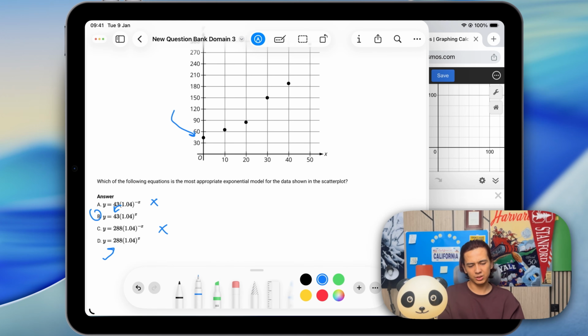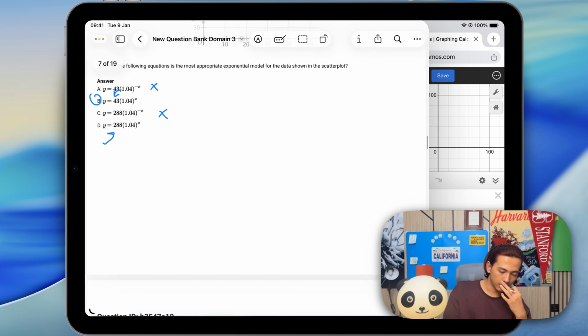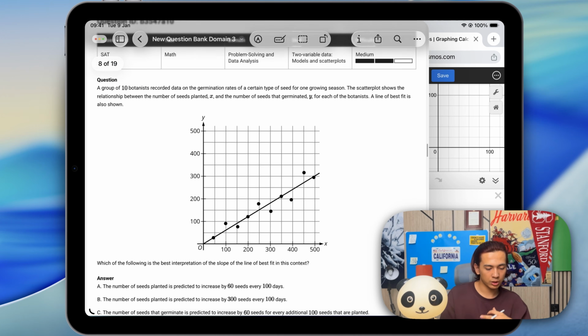Option B makes sense, option D does not. So it's going to be option B. Now, moving on to the next question, a group of 10